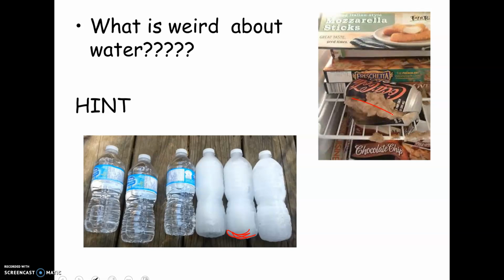We're going to talk about that a little more in another chapter, but I wanted to point it out because it sort of breaks one of the rules that I just told you. Normally, solids are more dense, more tightly packed than liquids. Water does something weird. When it freezes, the molecules actually push further apart. It takes up more space as a solid than it does as a liquid, and that's actually why ice floats